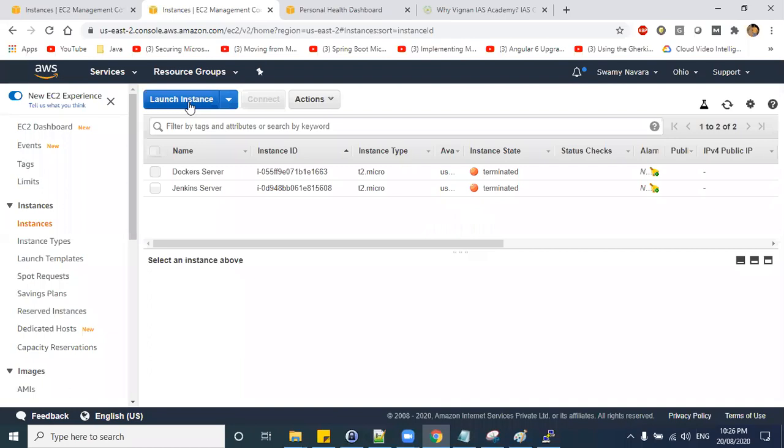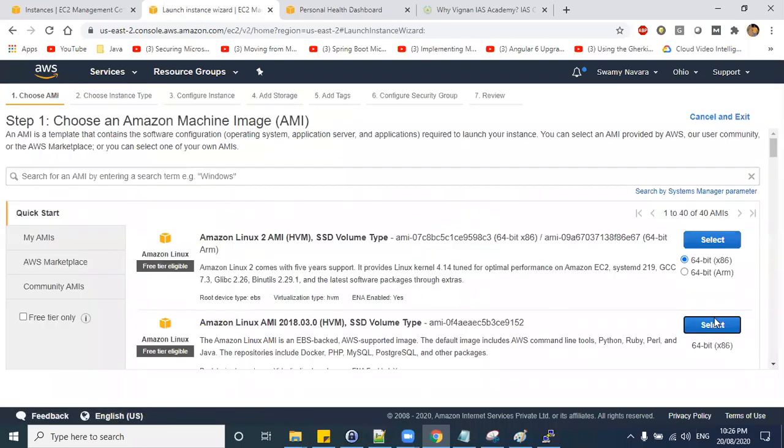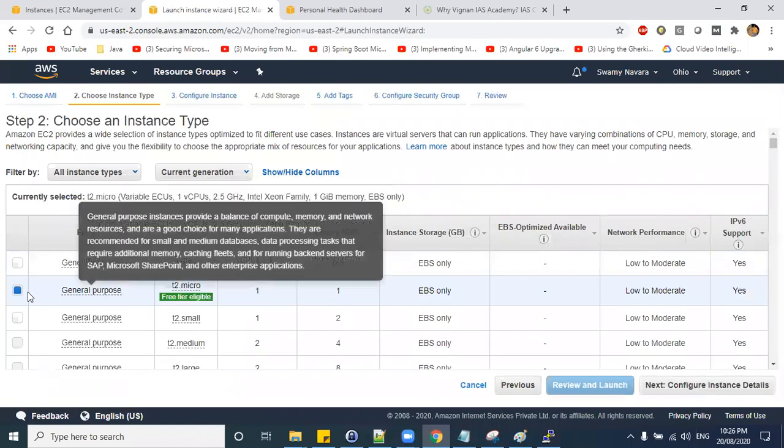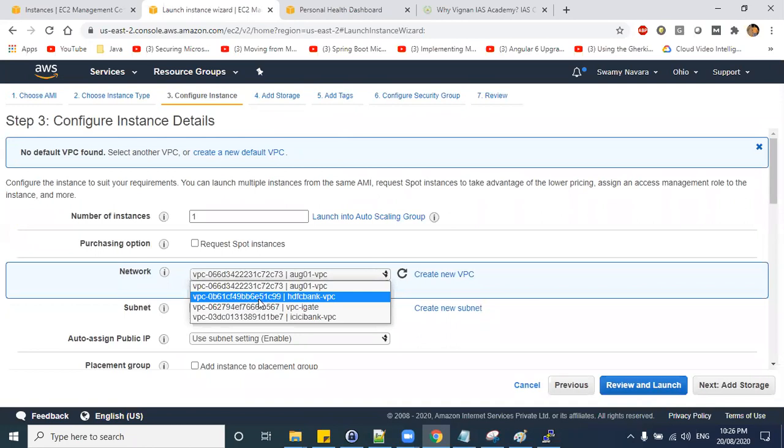Okay, let us launch an EC2 machine with the default user and default key pair, August 1st.